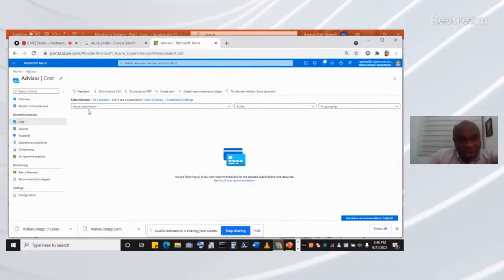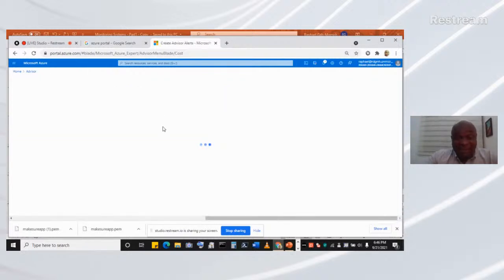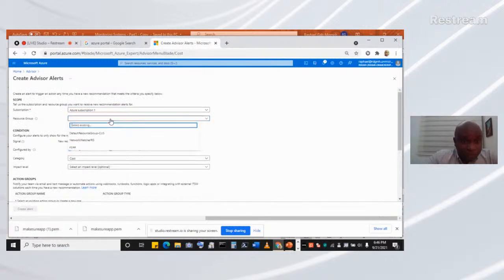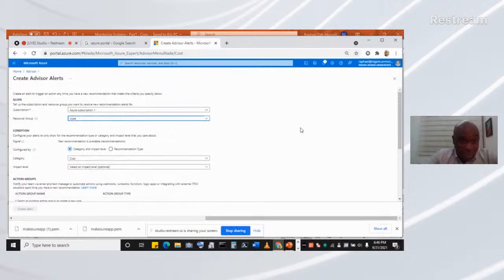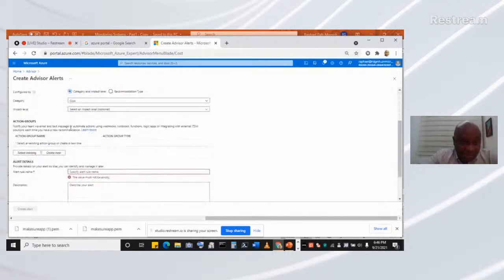On the cost tab, you can download as CSV, you can download as a PDF, and you can create an alert. For example, yesterday I created a web app and I named it Sia. Sia is the name of my woman. So let's assume that web app is still running. I'm going to create an alert, so if the impact is high,